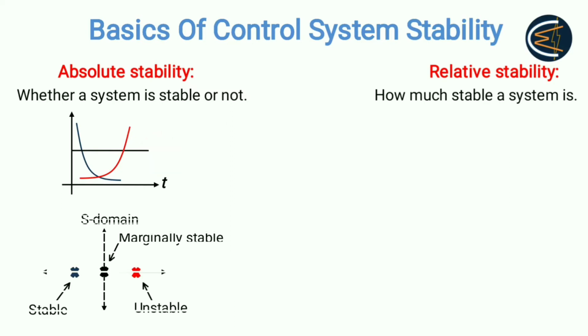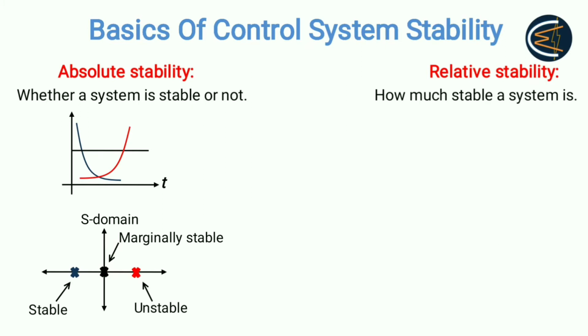Okay, so if you plot these time domain responses in S domain by poles, you know what is pole, right? By positioning poles, you can show the stability of that particular system. So in S domain, for this red color system which is unstable, the pole will be at the right hand side of the S domain, which shows instability. Similarly, for this blue one, it is stable, so the corresponding pole will be at the left hand side. Similarly, for this constant line, the pole will be exactly at the origin, that means marginal stability.